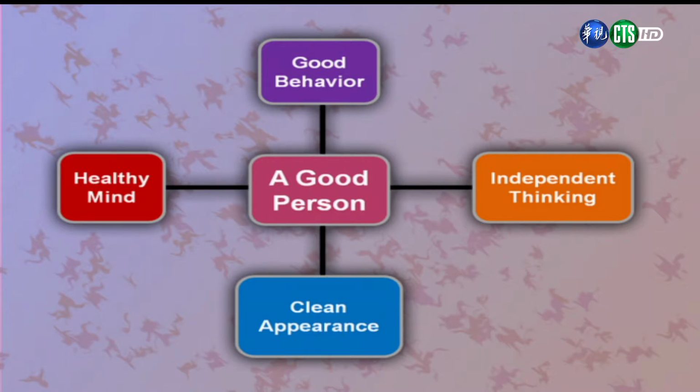And so another thing that we need to do is also consider some general categories that go into making a good person. And so you can see on this chart that we have 4 of them. 好，那接下来我们要做的事情呢，就是来想一想，一个好人会有哪一些特质呢？那我们可以看图片中看到，它应该有4个种类。And so we have a healthy mind, good behavior, independent thinking, and clean appearance. 各位同学可以看到，我们觉得一个好的人应该要有健康的心理、良好的举止行为、独立思考的能力以及干净的外表。